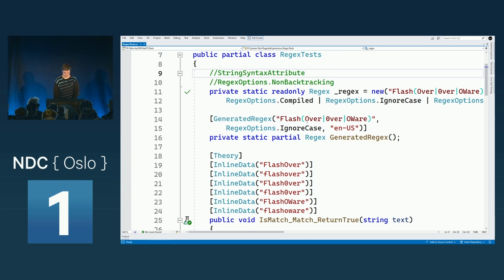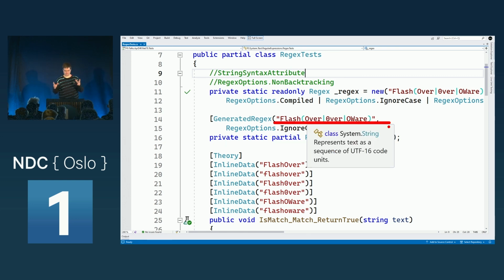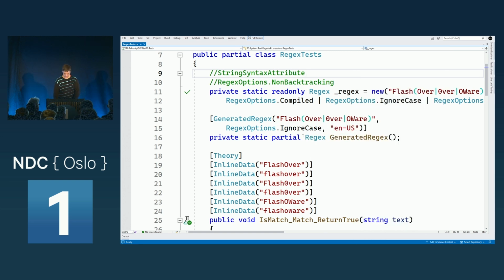So the source generator, via this attribute, sees, okay, we want to create a Regex for this. This is basically trying to find all the versions of my internet personas. And we are not using the non-backtracking version here, because that is not supported for the generated Regex yet. And if we want to have a look at the implementation,